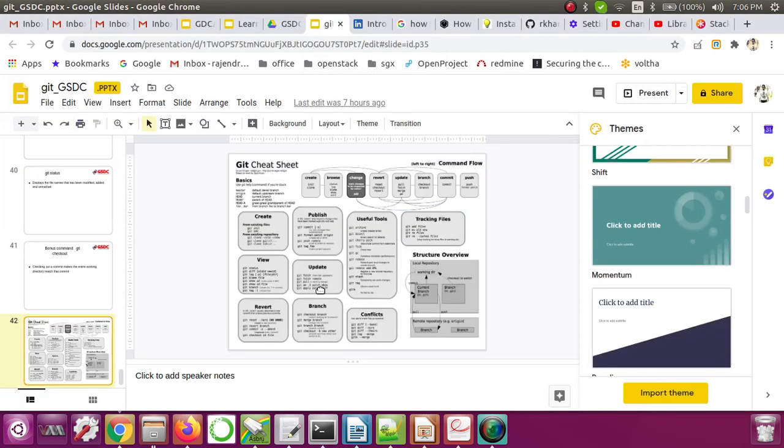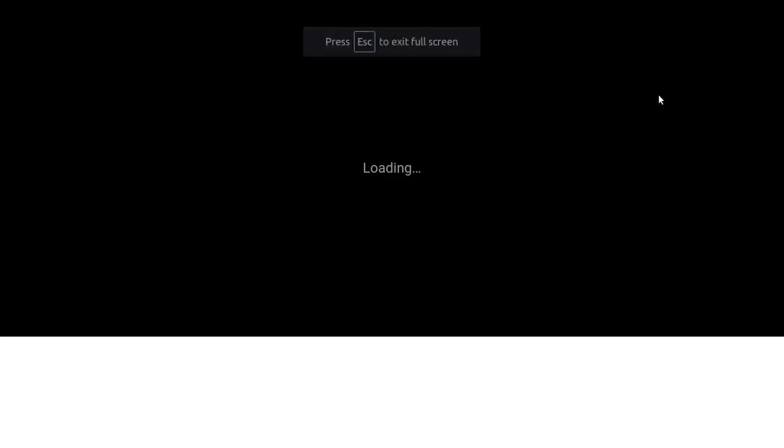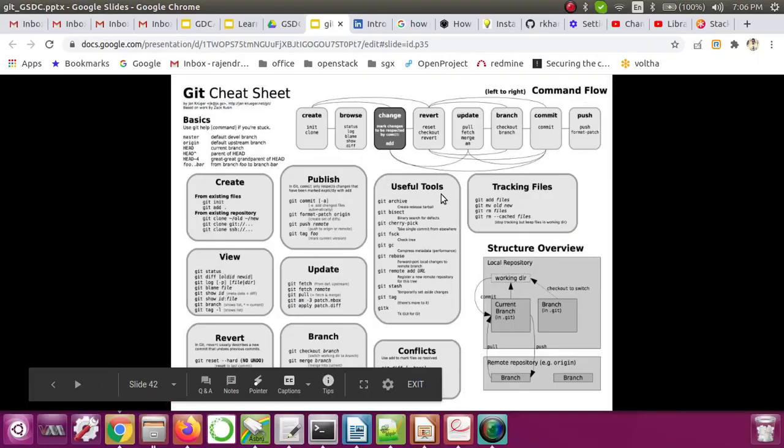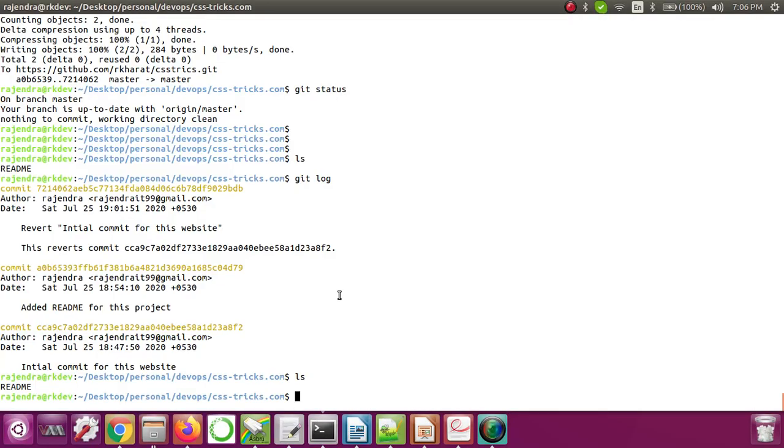Now let's see the next few commands. Let me open the ppt. One more thing is, every time I commit something, I have to add the username and password. There is another way through which we can avoid adding this password. For that, we can add the SSH key in the GitHub repository, so that we already tell GitHub that this is a valid user to push the project to this particular repository.